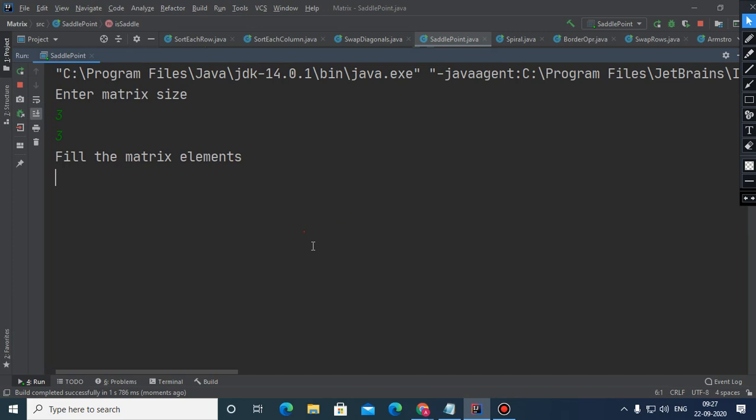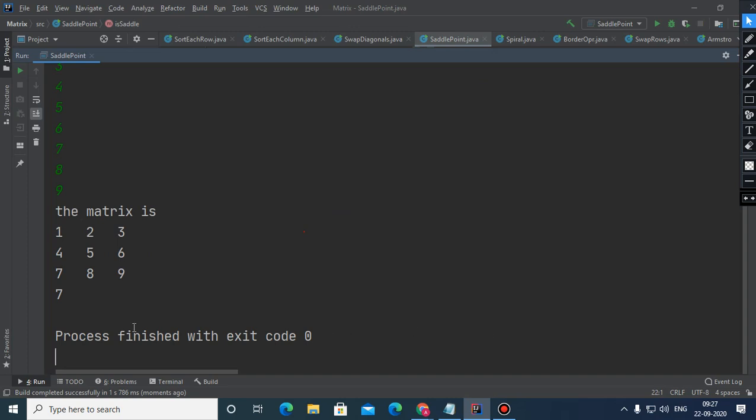Here again it is a 3 by 3 matrix. You can see that the maximum in the very first column is 7, the maximum in the second column is 8, the maximum in the third column is 9, and the minimum from these will be 7, and the answer is 7, so it's correct.